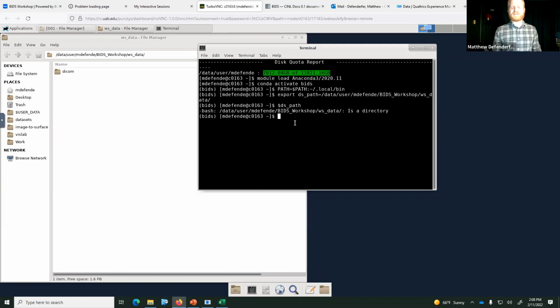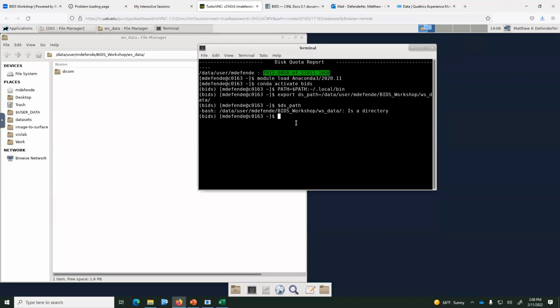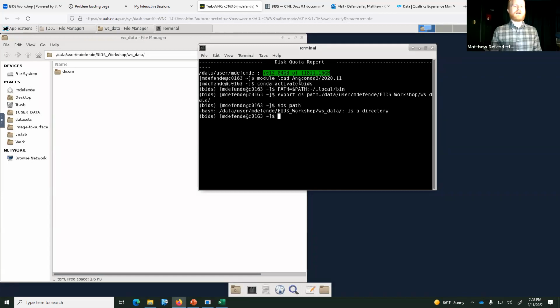You also could just leave out export and say ds_path equals that path. I don't know exactly what the difference between that assignment is. I think bash treats it a little bit differently, but either way, it should be usable. So next we can bring up